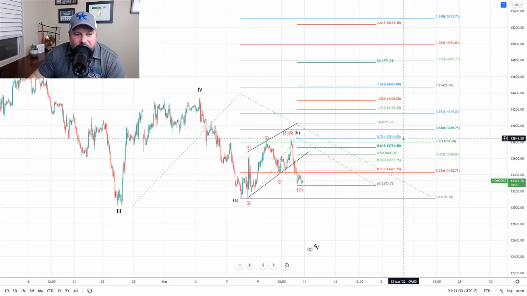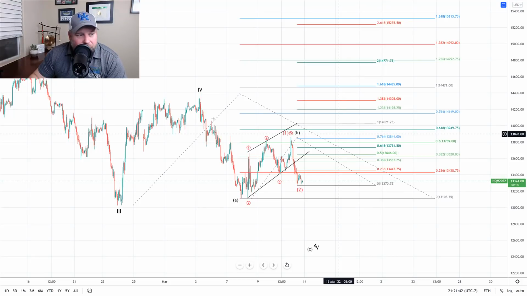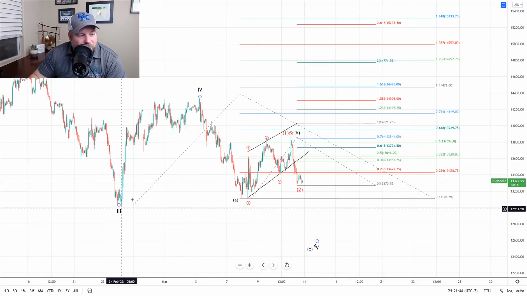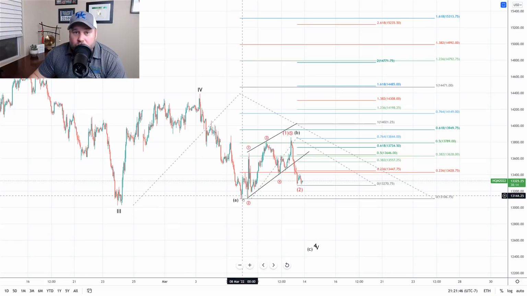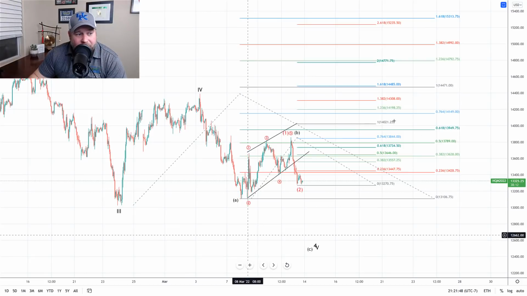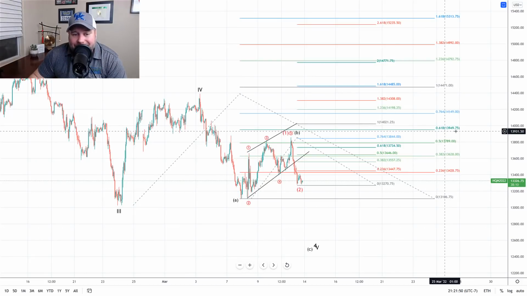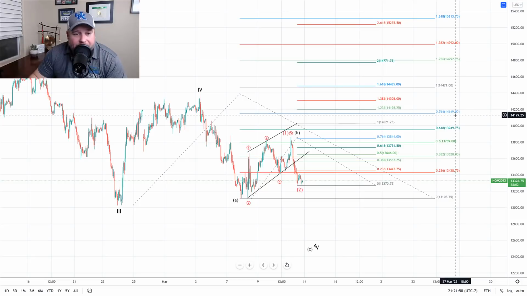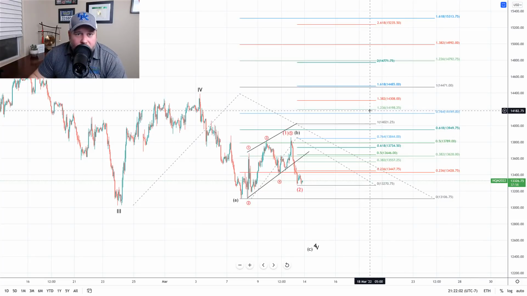So we would like to see them push above 13,844 to tell us that we're starting a potential wave 3 of 3 higher. Okay. And then if that's the case, we would look for them to push through that major pivot where this would be the bottom and you'd have a 1-2 setup. Okay. So you'd get the pivot off that 1-2, which is the 13,949 up to the 14,149 zone. So if the NASDAQ can push up over 14,150, okay, that's a really good indicator that we're starting wave 3